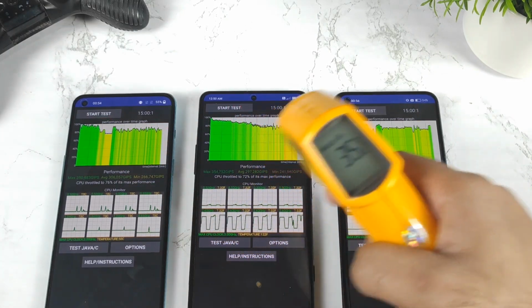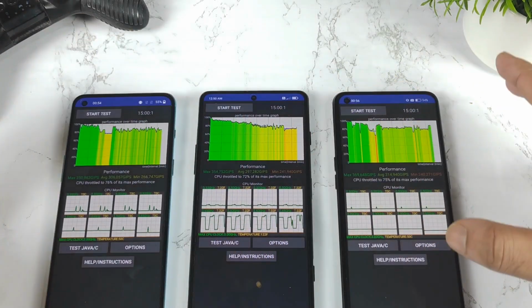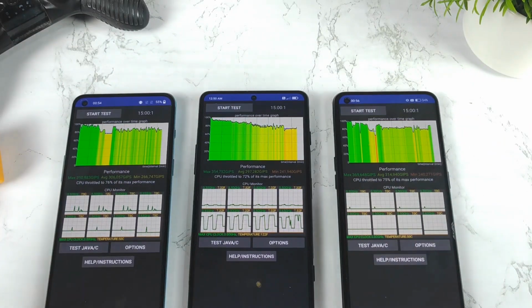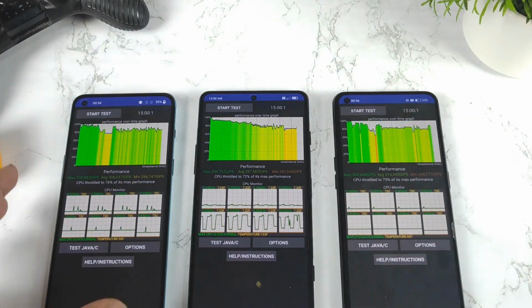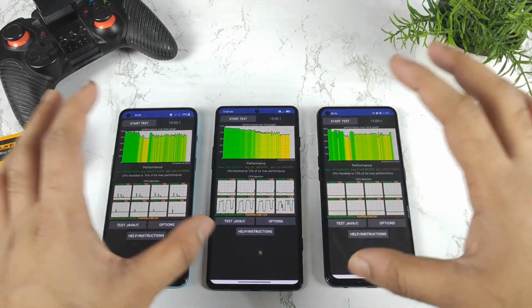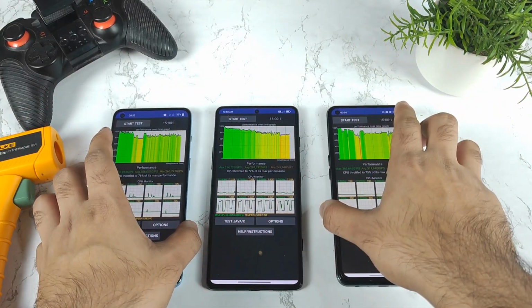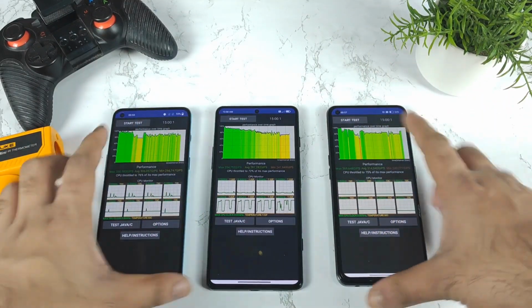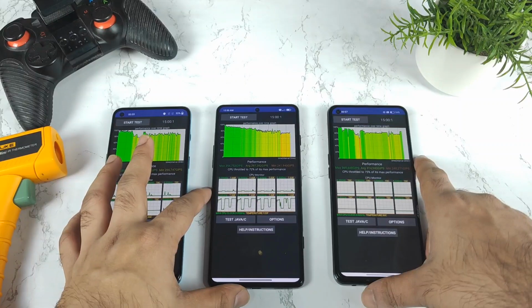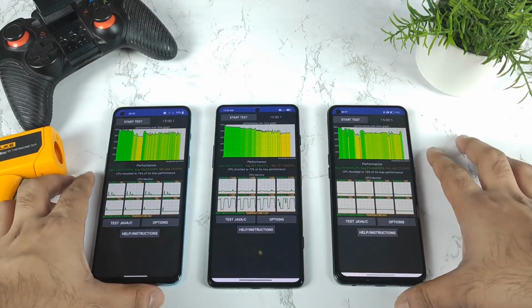And that's it, friends. Thank you for watching this quick comparison between all three smartphones regarding the CPU throttling test after the recent software update, which might give you a clear idea of what's going on between all of these three Dimensity 1200 phones. This is my main intention in making this video, comparing all three phones together, so you can have a clear picture of what's going on.